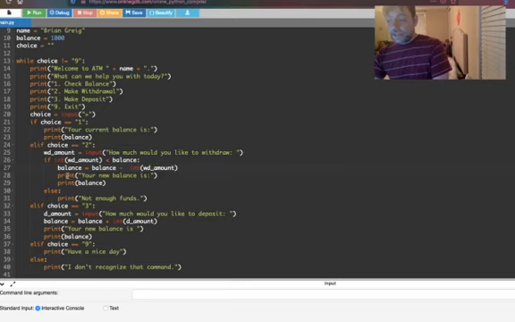And then, again, back to the flowchart, we print out what the new balance is. If they do not have enough, then we just print out that they don't have enough funds. Finally, we have our second to last else if here for the choice of 3,